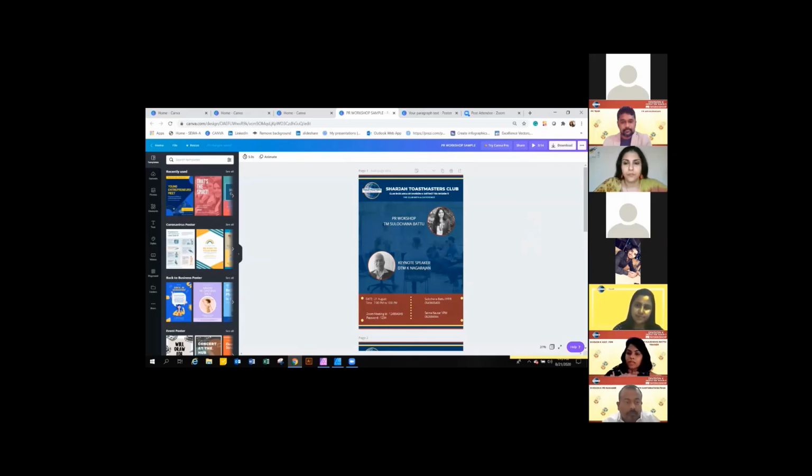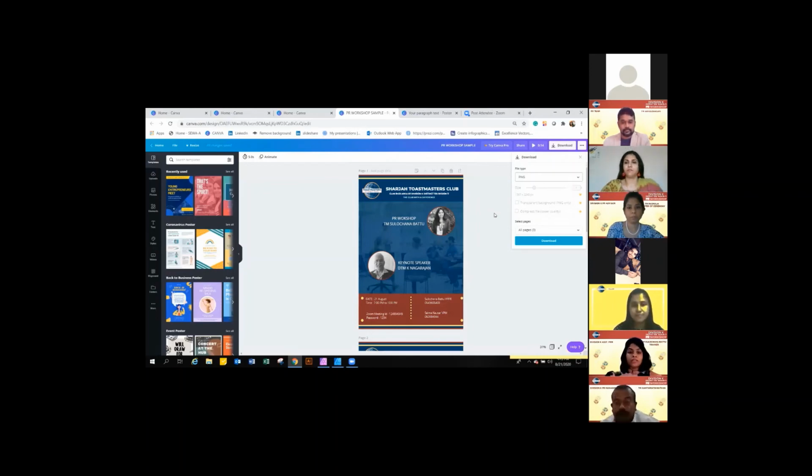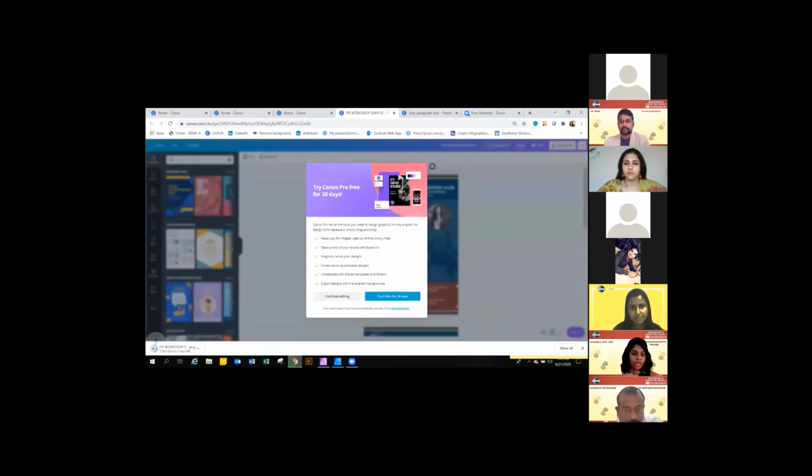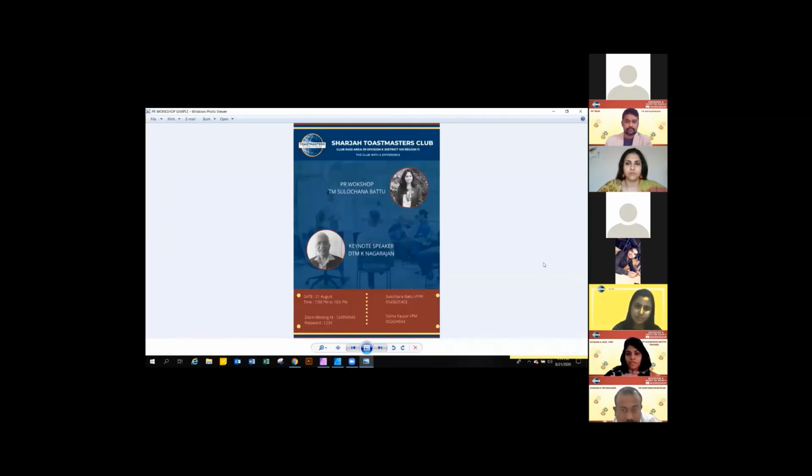Okay, so the last feature I would show is how to download. On your screen, top right-hand side, you would see an icon called download. Click on download, click on PNG format. The best format you can use, because you're going to share on your mobiles or on Facebook or anywhere, is PNG format. This would give a high definition and high quality poster. So you click on this and then you click download. Once you click download, it would prepare the entire design and it would be downloaded on your laptops or on your computers, wherever it has to be. So this is how the poster looks.